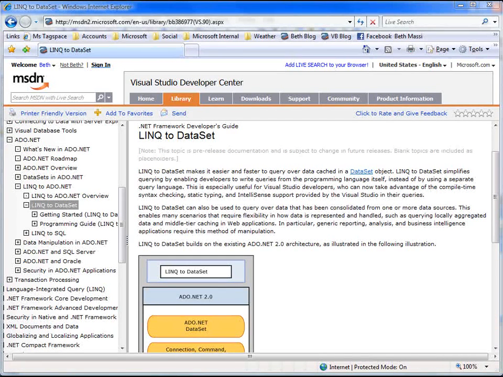LINQ stands for Language Integrated Query, and it allows us to write queries over things like objects, databases, and XML in a standard way. I'm going to show you some examples that will allow you to start taking advantage of LINQ right away in your current dataset-based applications, so you don't have to re-architect your applications to start taking advantage